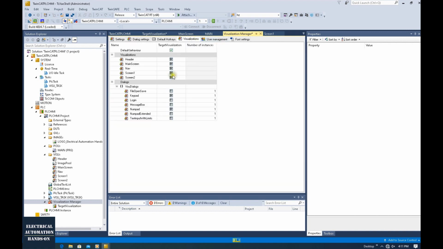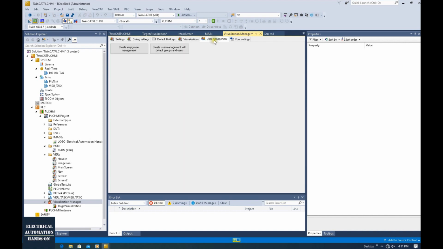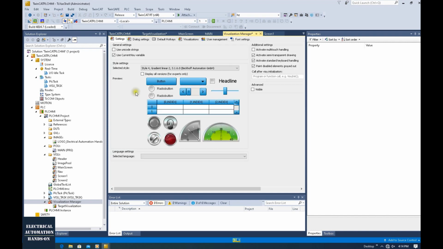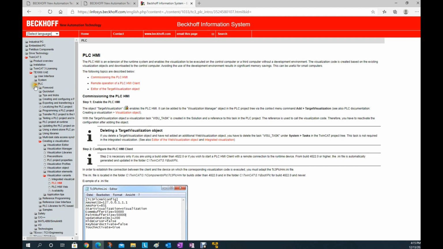Visualizations, you can check and uncheck the screen. And user management. Okay, after this, we can save all and build the project. Before we build the project, I highly recommend you see one page from the website and check out the PLC,